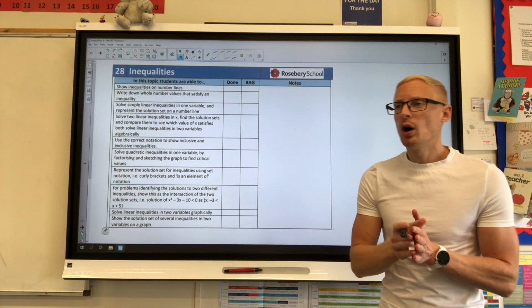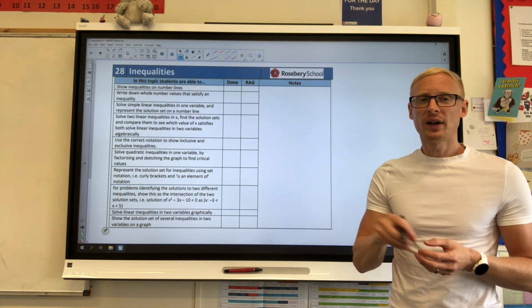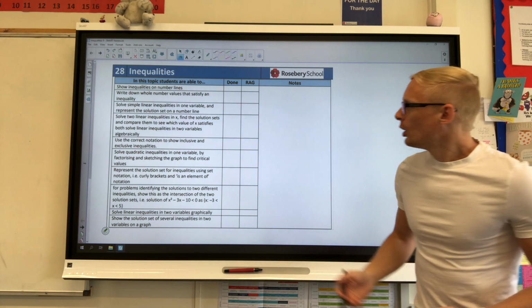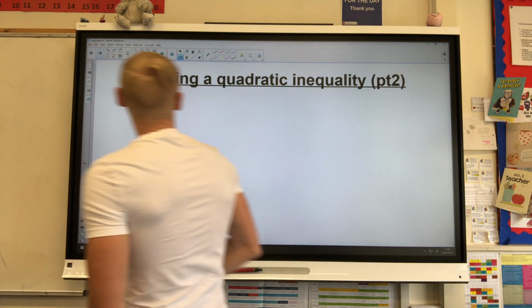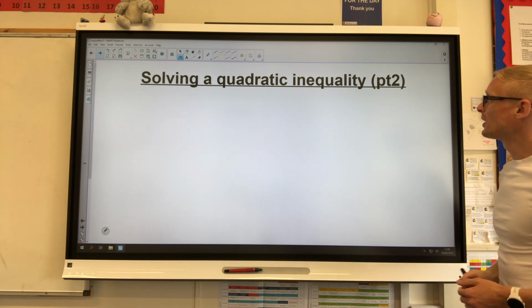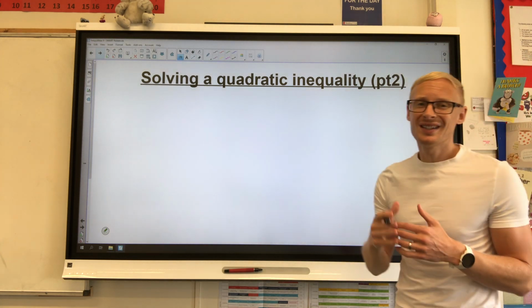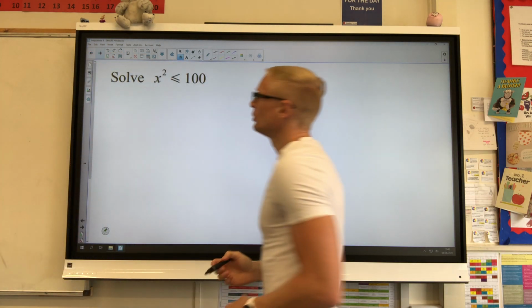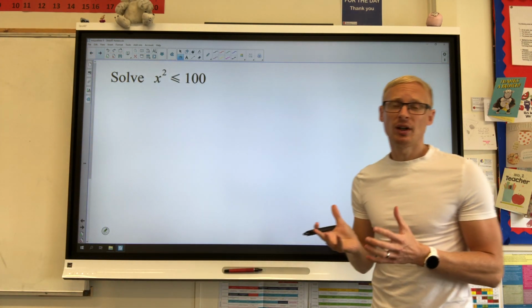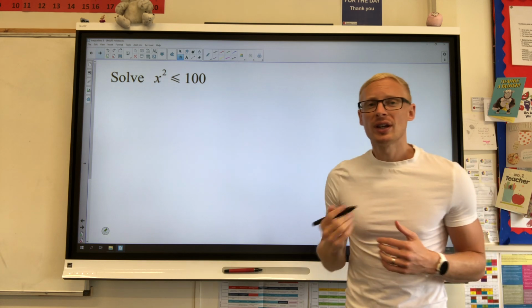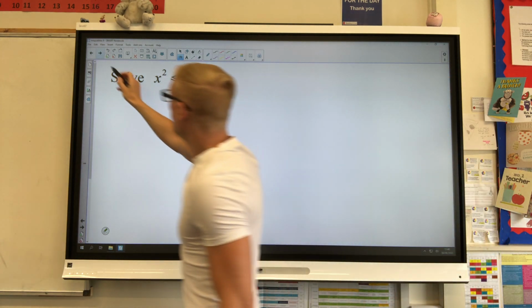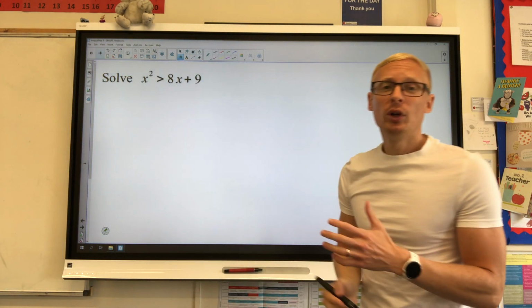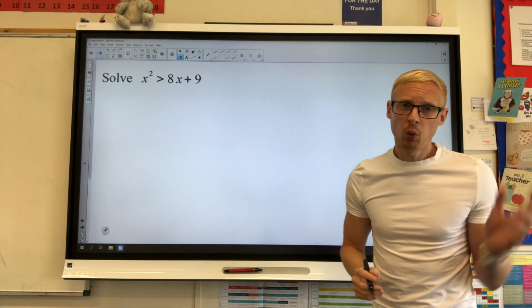We've just got a little bit of work to do before we get to the actual factorising and solving part. So your title is very similar, solving a quadratic inequality. I've called it part 2 just because it is an extension from where we were. So essentially you're presented with something like this, and when you see a question like this, we're looking to try and get all the terms onto one side first,